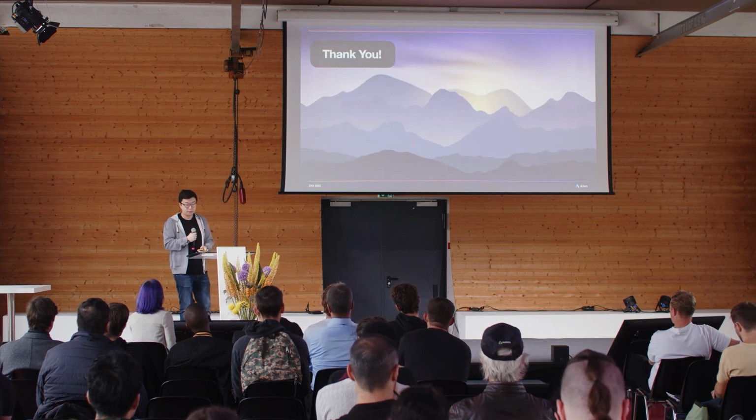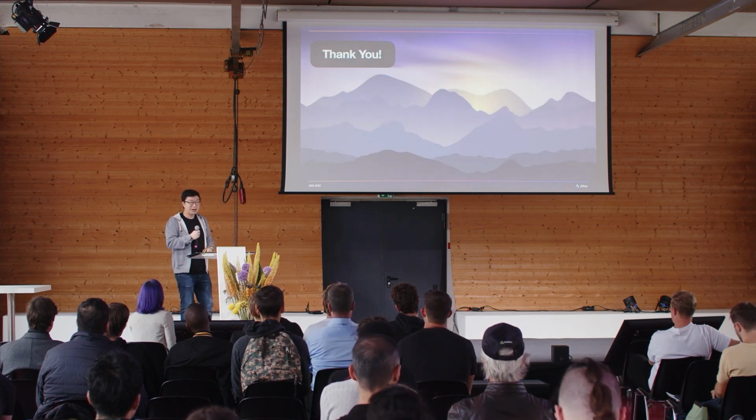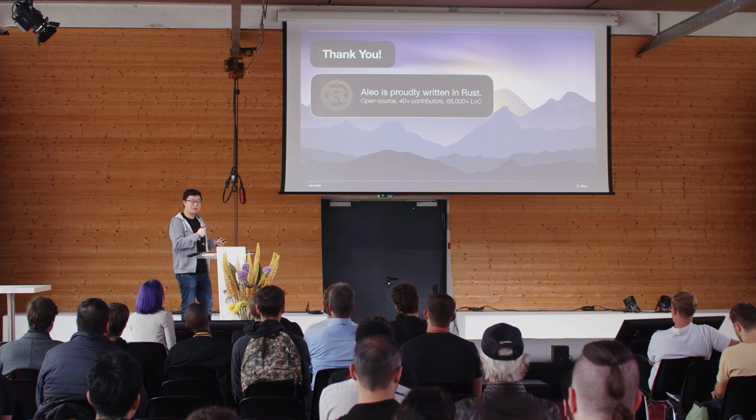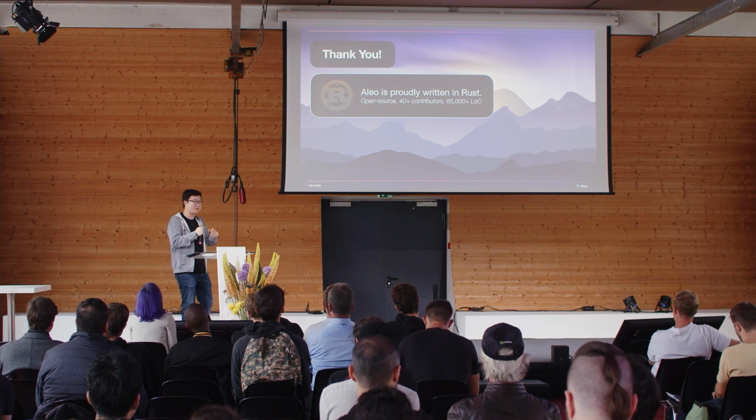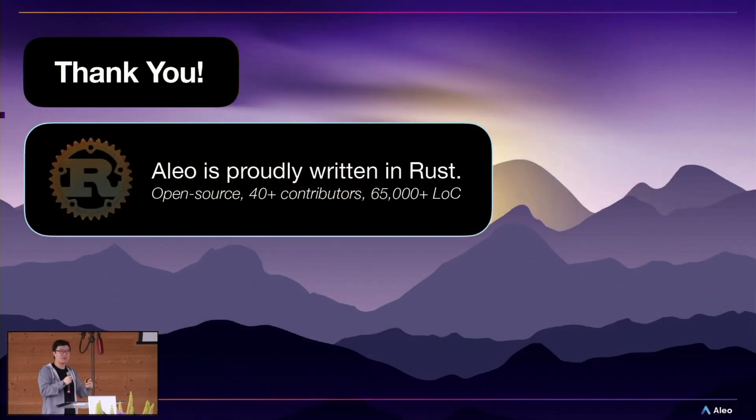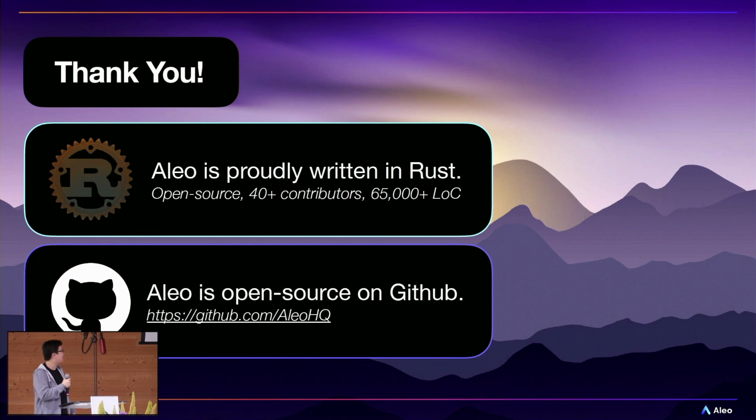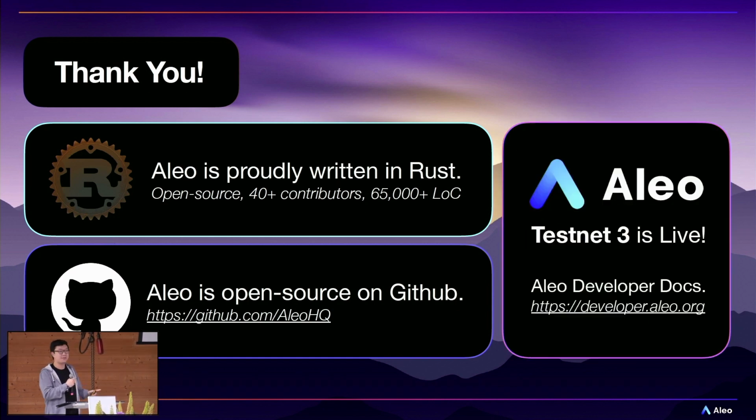Lastly, I want to say thank you. Aleo is proudly written in Rust. We have written a ton of lines of code. We probably need to do some refactoring, but there's been a wonderful community of 40+ contributors who are building on us and helping to make Aleo happen. We are available at this URL, github.com/AleoHQ. And lastly, testnet 3 is live, and for those who are interested to play with our network, the developer docs are available at